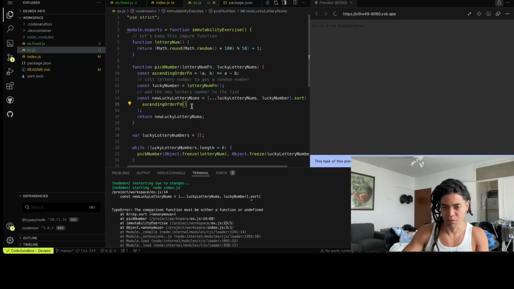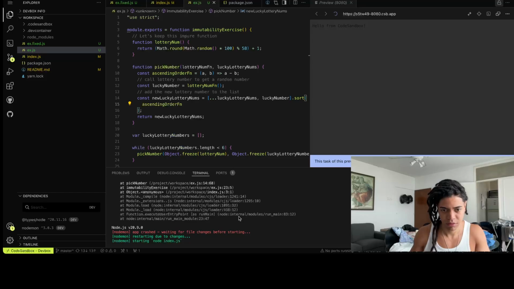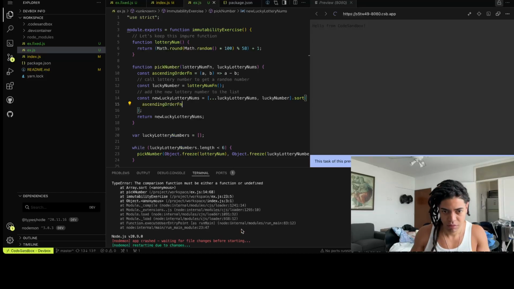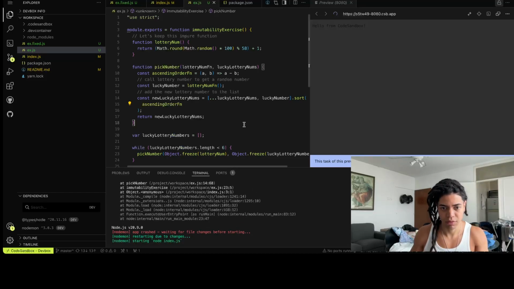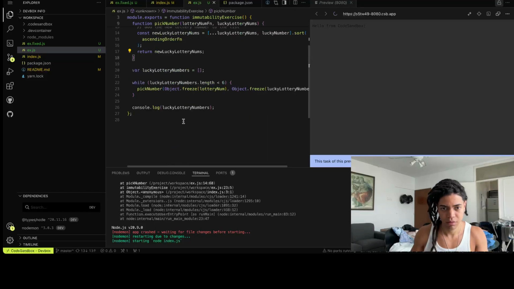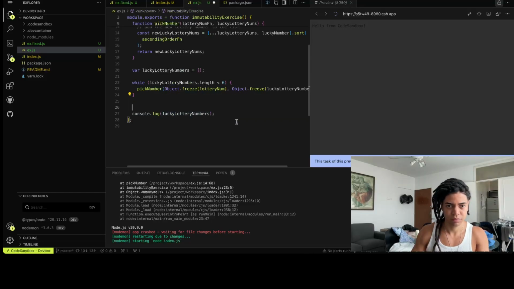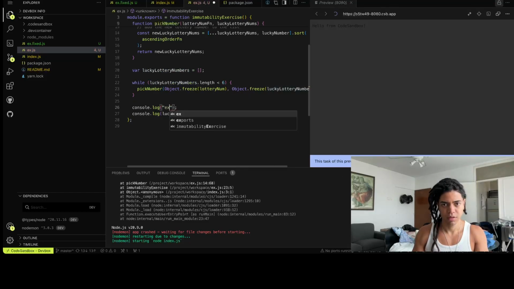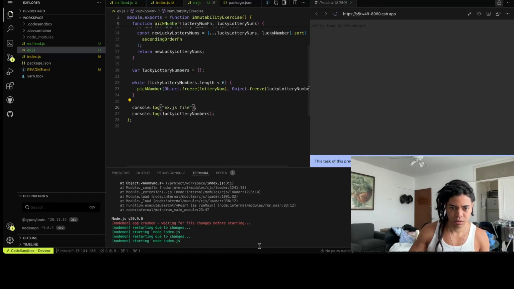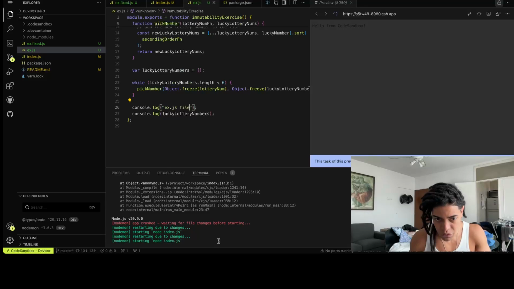Because we need to pass a reference to this. It is working. This is now X.js. You run this,